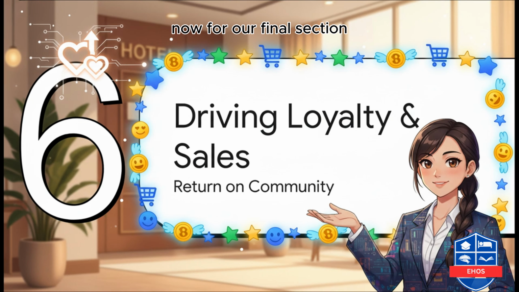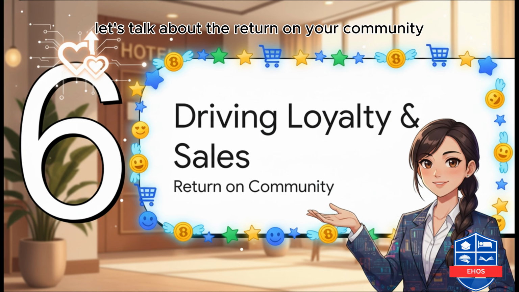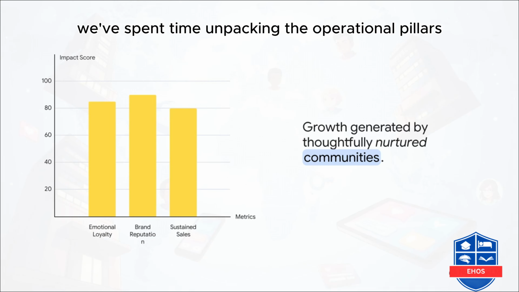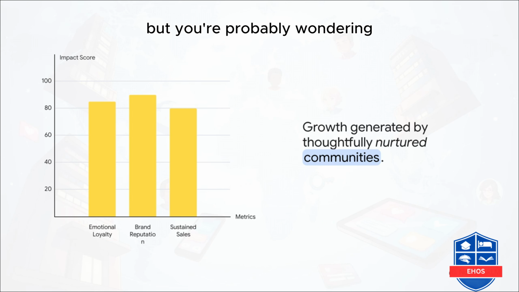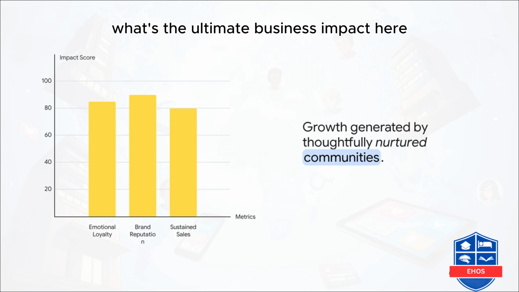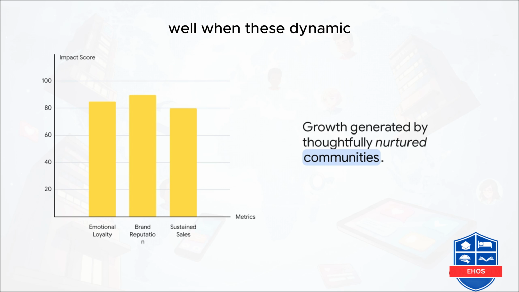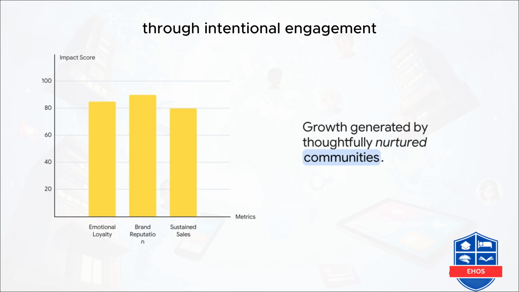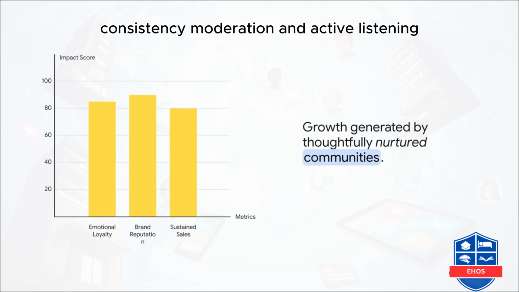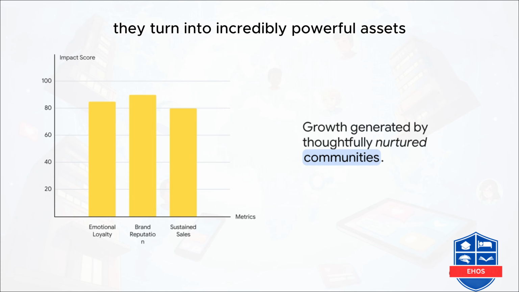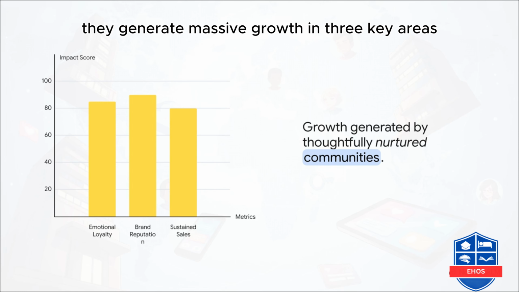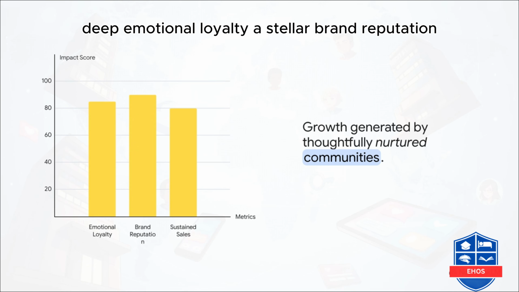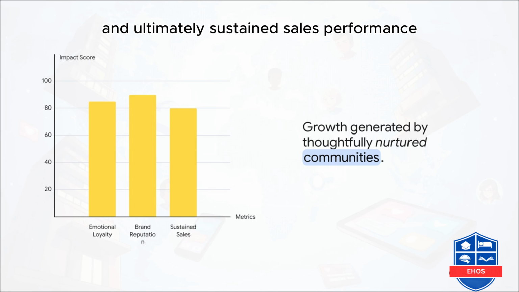Now for our final section, driving loyalty and sales. Let's talk about the return on your community investment. We've spent time unpacking the operational pillars, but you're probably wondering, what's the ultimate business impact here? Well, when these dynamic digital ecosystems are thoughtfully nurtured through intentional engagement, consistency, moderation, and active listening, they turn into incredibly powerful assets. They generate massive growth in three key areas: deep emotional loyalty, a stellar brand reputation, and ultimately,